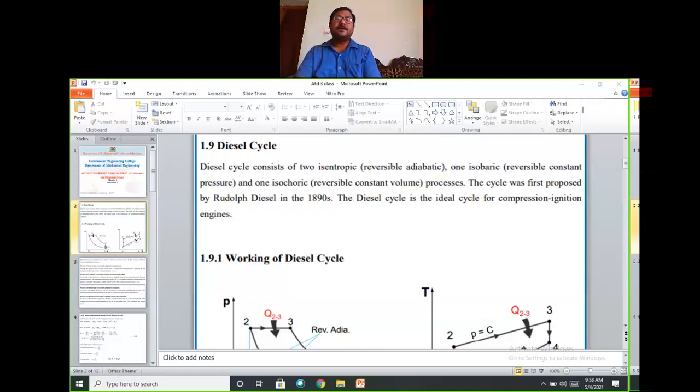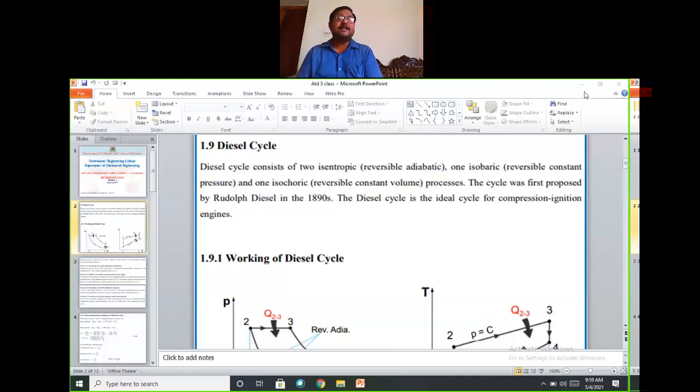Of course, you are all very much familiar with the previous cycle, that is yesterday's cycle, the Carnot cycle and Otto cycle. In that, you are already familiar with the thermal efficiency, heat supplied, heat rejected, work done, and then the mean effective pressure. Mean effective pressure. In the diesel cycle,